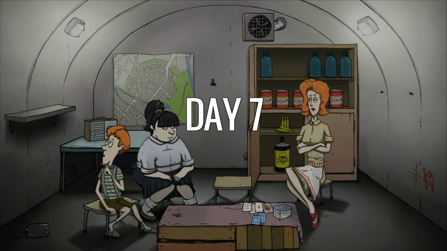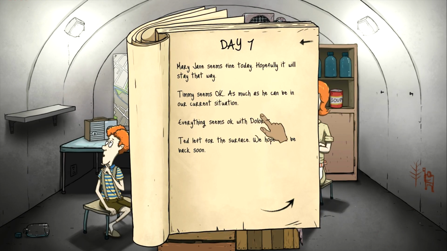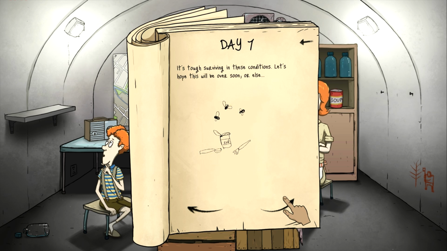So Ted leaves the shelter on day 7 to go and try and find some goodies for us. Mary Jane seems fine. Everybody seems good for right now. We had food and water the previous day, so we'll let it go for right now. It's tough surviving in these conditions. Let's hope this will be over soon, or else...